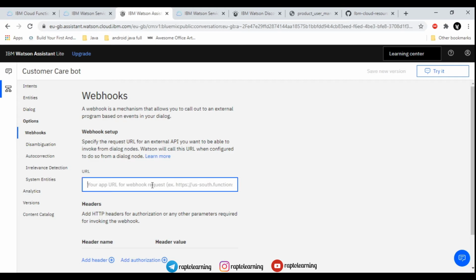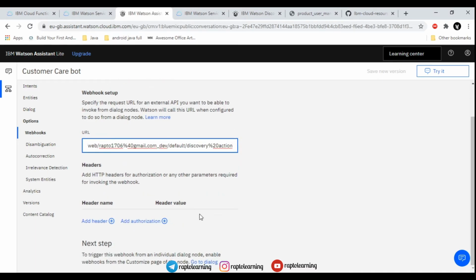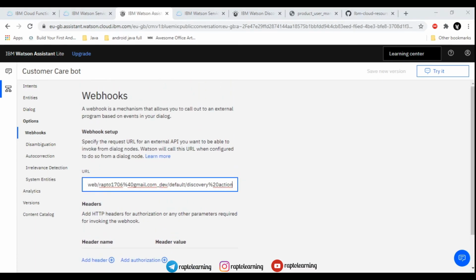Just go to the Watson Assistant page, and here you will paste the URL you just copied. Let all of the functions be default. So we have pasted that. Here you don't need to add anything in quotation marks, and this is the most important thing: you have to paste that URL like that only, and add .json at the last part. So don't forget this .json.